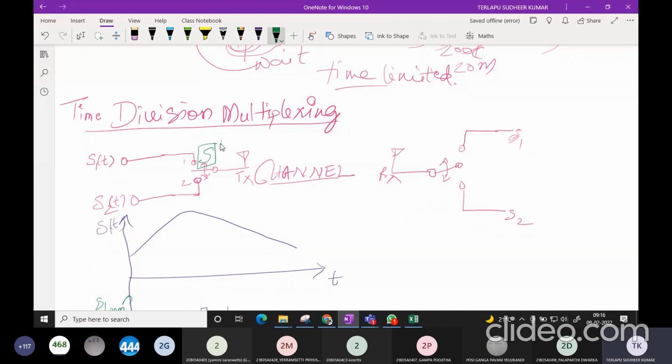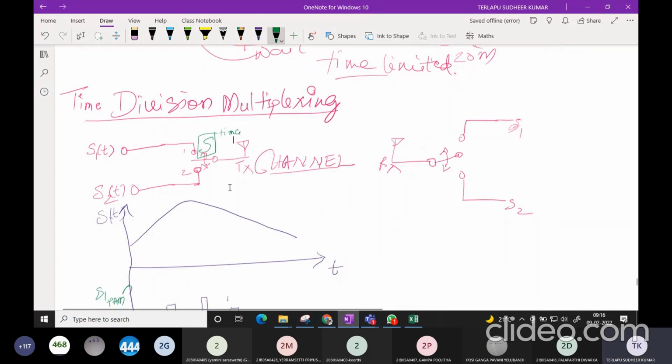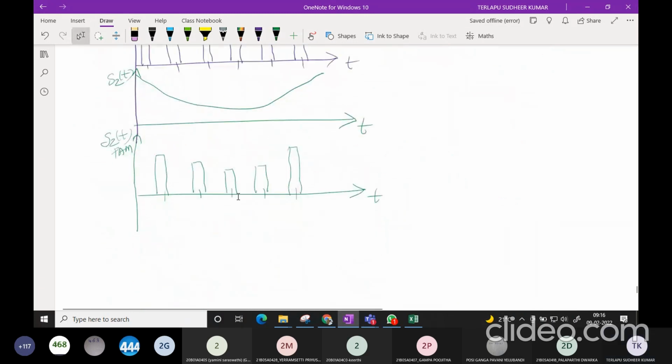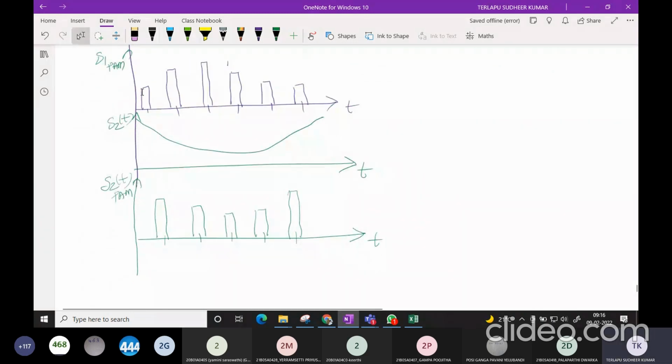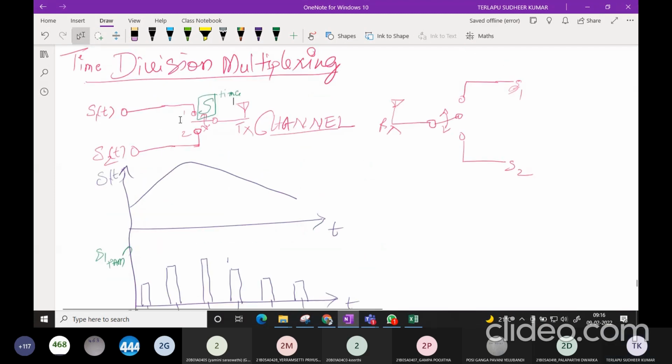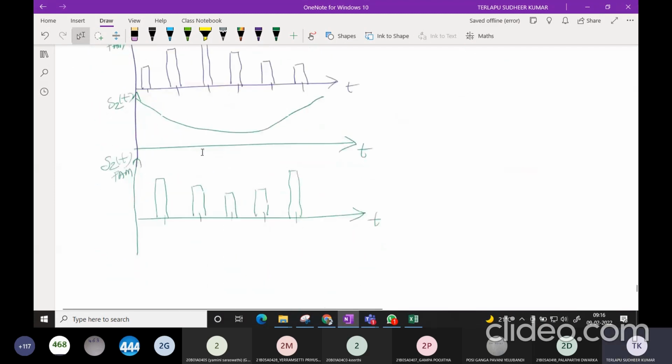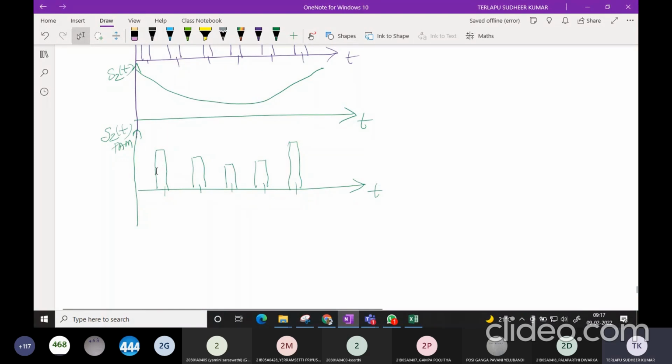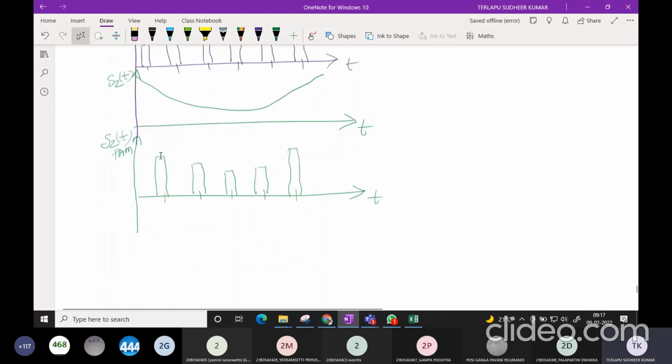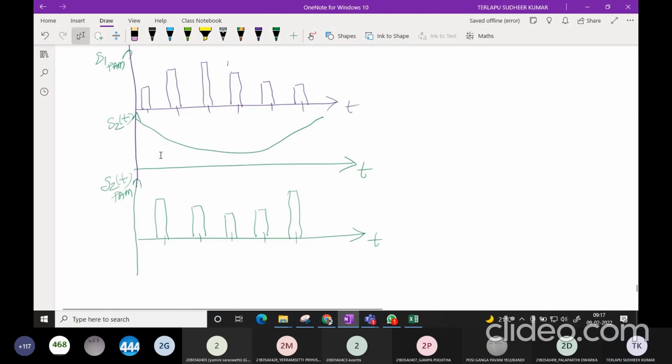I fix the time in such a way that it will take the first sample here, then it will move to position 2, then it will take the second sample as S2 of t. So both put together,